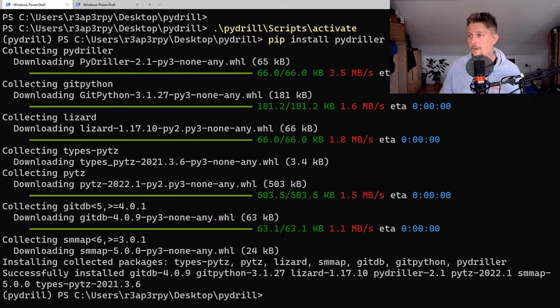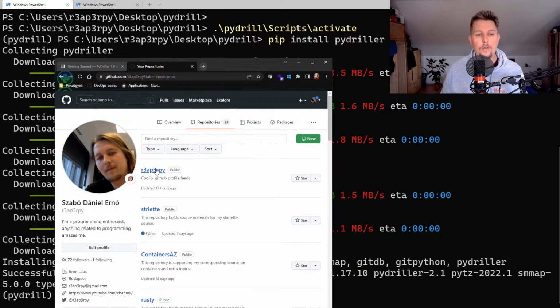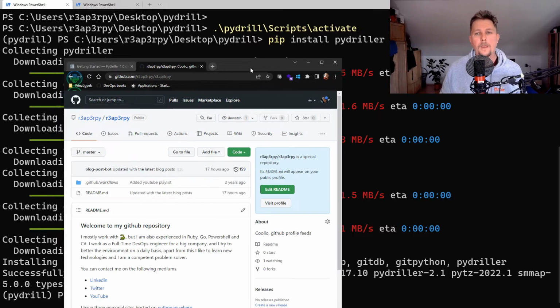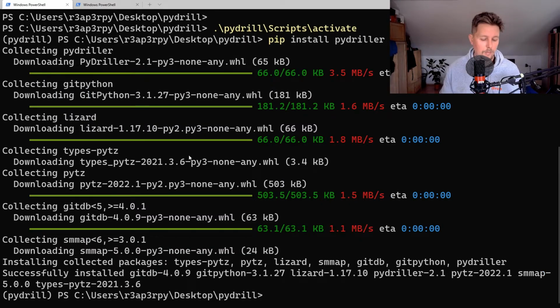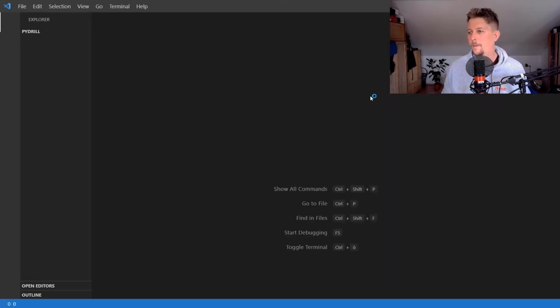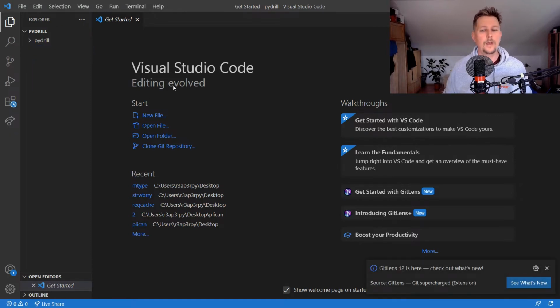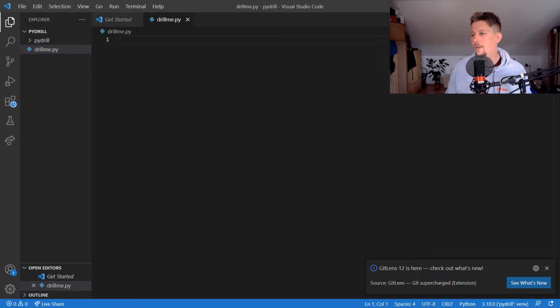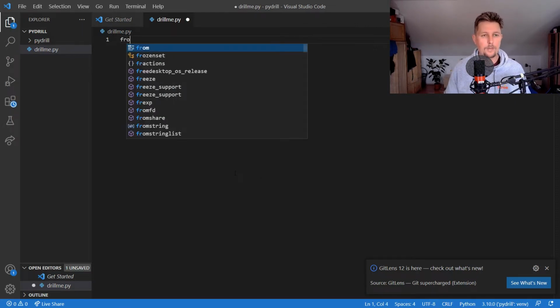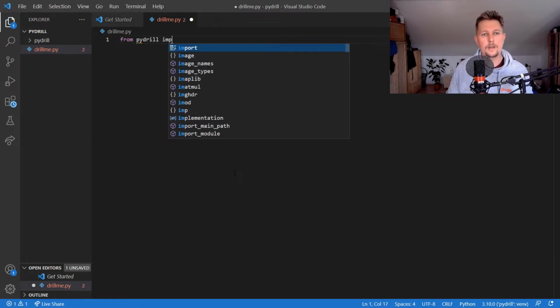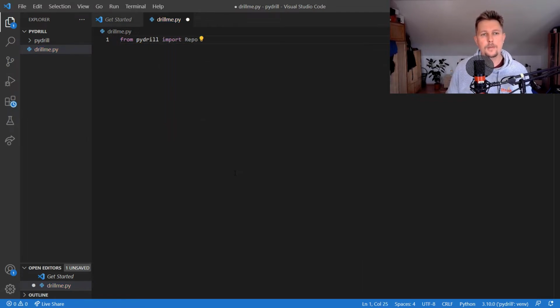Basically, if we take one of my repositories, what we can do is to open up the code text editor here, and create a new file, drillme.py. And here what we can do is to import from PyDrill, import repo